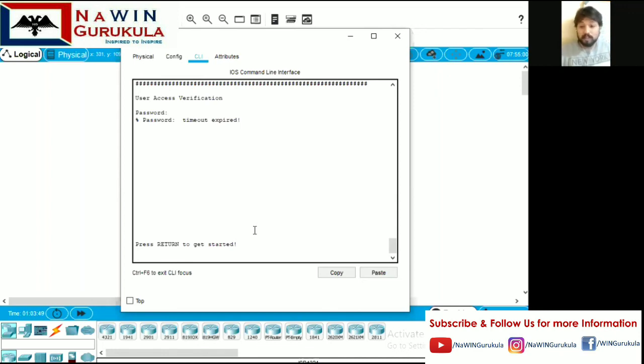Okay, so that's how it matters a lot whenever you're configuring the banner message. It has to be very crisp and clear about what exactly you want to display. Usually almost all IT companies have their own prescribed banner message which has to be configured. It is very mandatory, you have to do that.